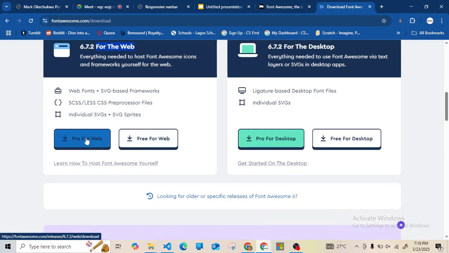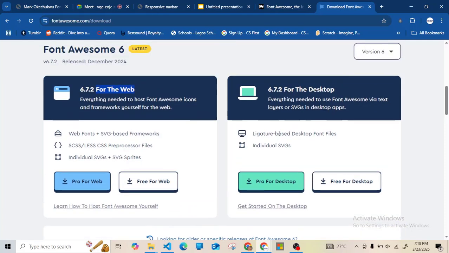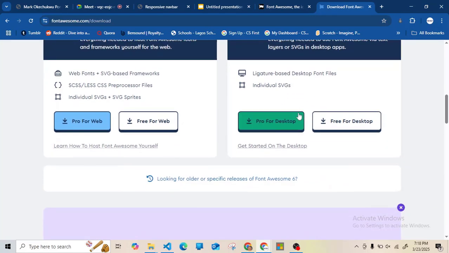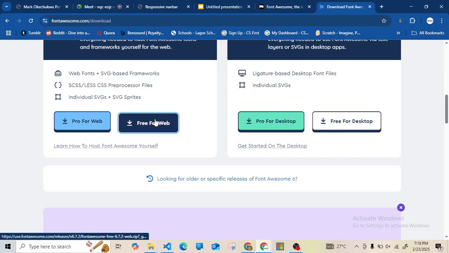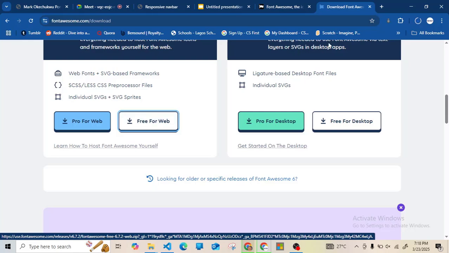For web, you have for free, you have for pro. If you are working on desktop applications, you can download this. So if I click on this for free for web to download,